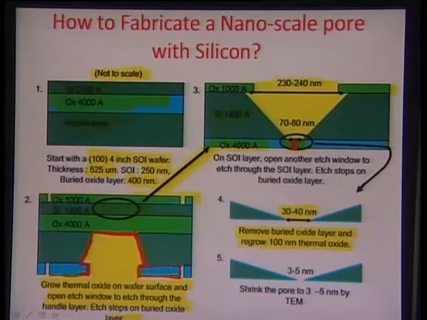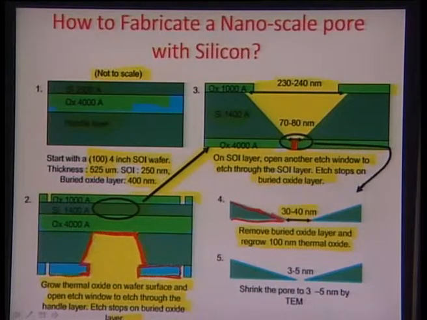So from this step to this step, after you have opened a small hole here through a FIB about 70 to 80 nanometers, you are essentially trying to remove this layer altogether and also grow oxide so that you can shrink this pore from about 70 to 80 nanometers all the way to about 30 to 40 nanometers. Okay. And once this 30 to 40 nanometer is created by etching away this oxide from the bottom, you can regrow the thermal oxide on the sides here. Okay. So, if you see here, this blue layer in this particular region, which I am now marking red, is